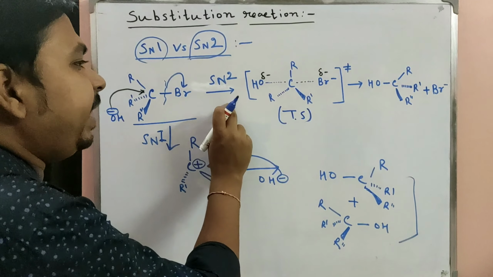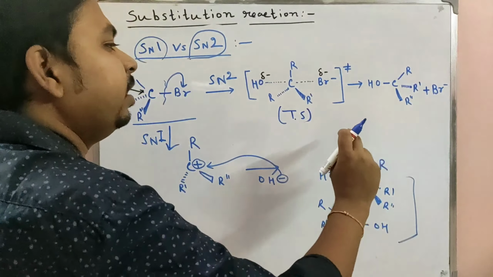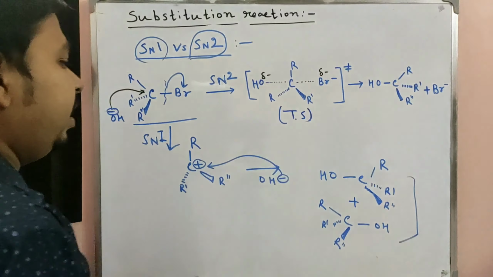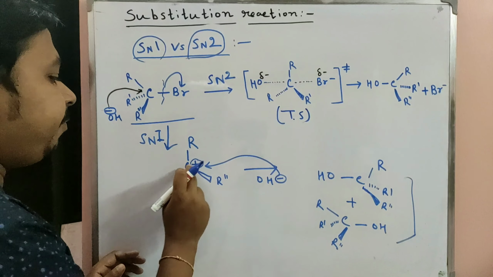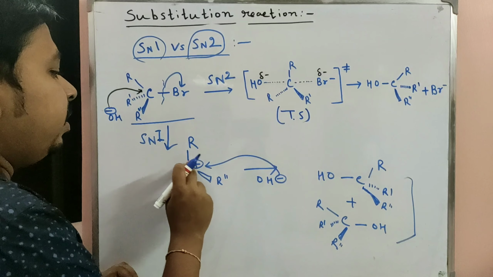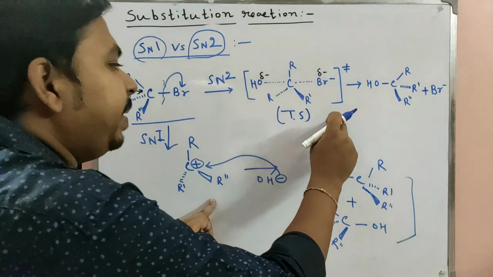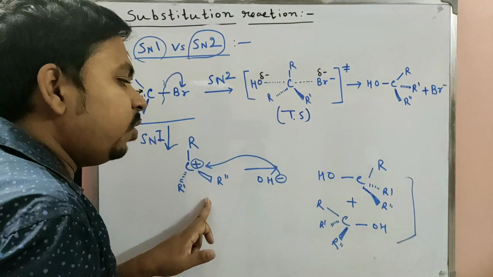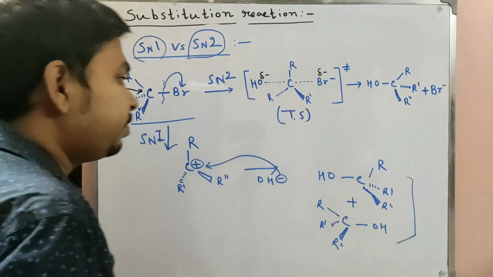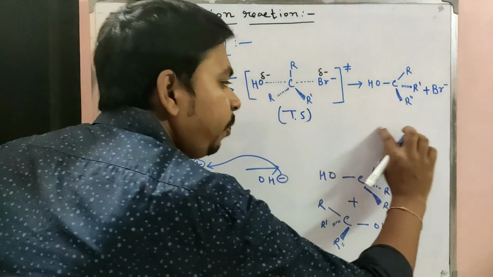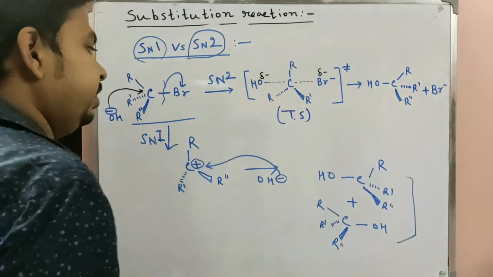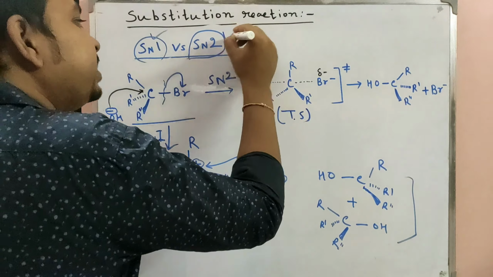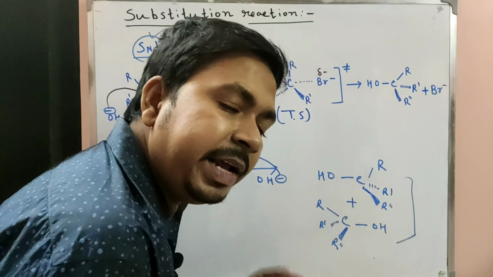But in the case of the SN2 reaction, it forms in only one step, a concerted process, so the transition state is this. In the SN1 medium, a carbocation is formed first. So this is the main difference between the SN2 and SN1 reactions. We will also discuss all the characteristic properties. At first we discuss the SN1 reaction, and then we discuss the SN2 reaction in the simplest way.